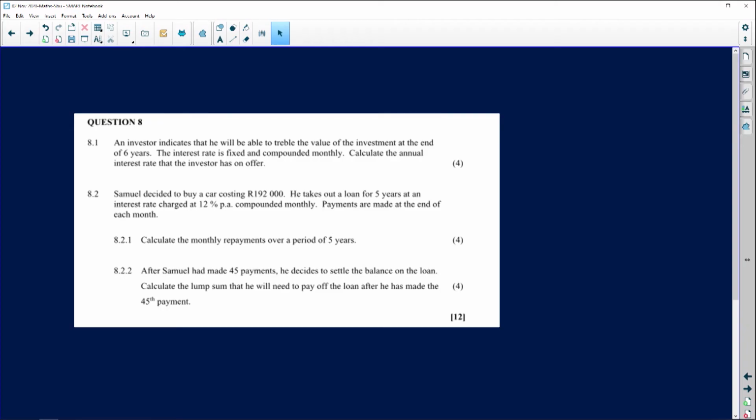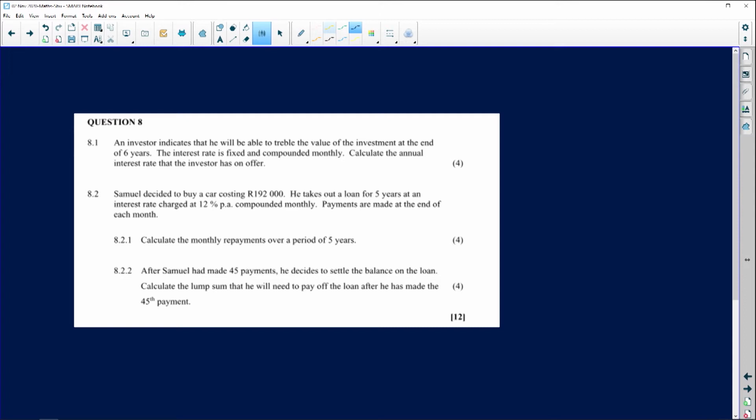All right, so it is question 8. It reads as follows. It's part of financial mathematics. Remember, in financial maths, you're going to be tested on annuities. You'll also be tested on simple and compound growth, as well as simple and compound decay or depreciation. So you have to be careful that whatever they're asking you, where does it exactly fall, and understand when do you use which formula, because that actually happens to be one of the leading problems that you have when